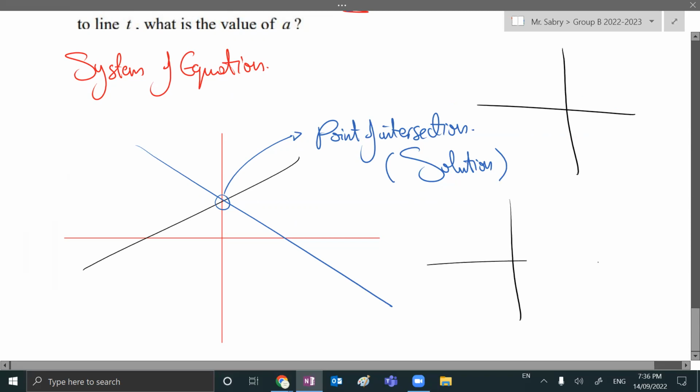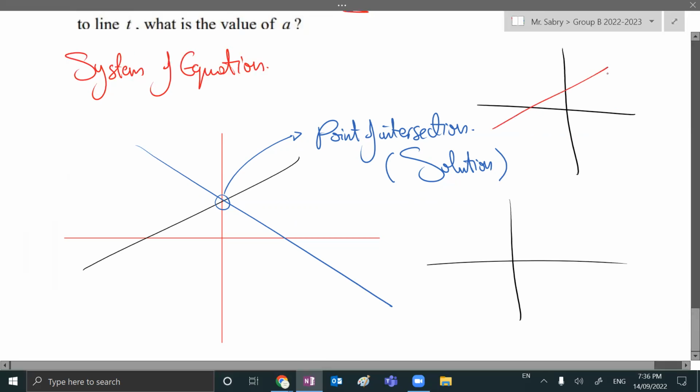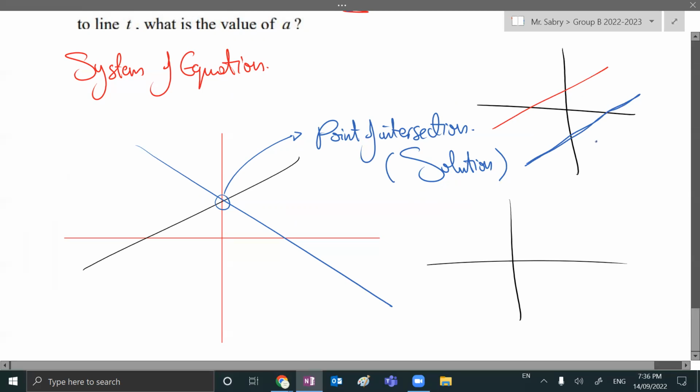Or what if the two lines actually are the same? What do I mean by that? So imagine if there's this line and then there's another line that's parallel to it. Will they ever intersect? Actually, the definition of parallel lines is that these are two lines that would never intersect. So that means there is no solution for the parallel lines. For a system of equations that has two parallel lines, it would have no solution because it would have no